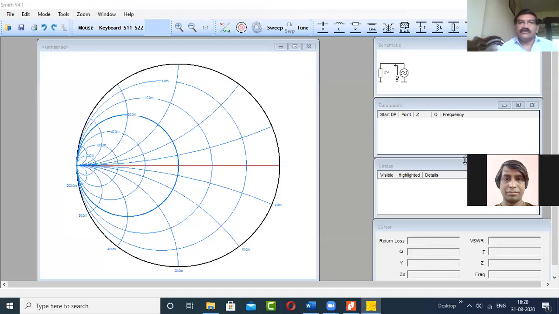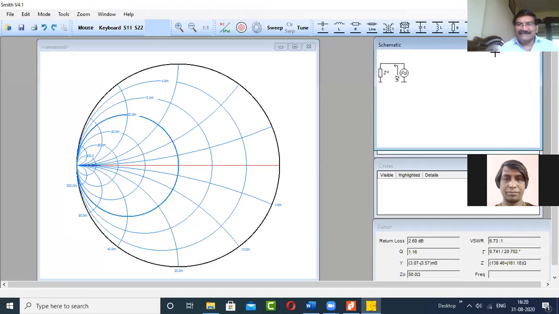So here you can see that multiple windows are there. In the main window, you have the Smith chart, and the arrangement of the circuit, whichever circuit you are going to design, will be between these two ends. Here you have to define the load impedance, and there is a generator, whose characteristic impedance, or the reference impedance you can say, you have to define. So between two ends only, whatever circuitry you design will appear.